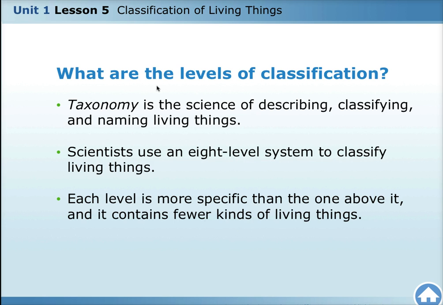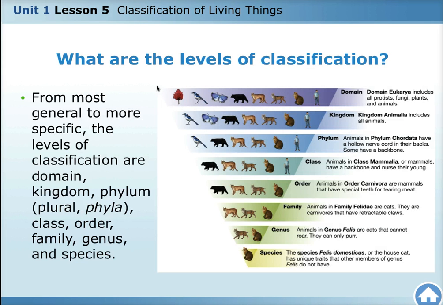So what are the levels of classification? On page 57. Taxonomy is the science of describing, classifying, and naming living things. Scientists use an 8-level system to classify living things. Each level is more specific than the one above it, and it contains fewer kinds of living things. From the most general to the most specific, the levels of classification are: